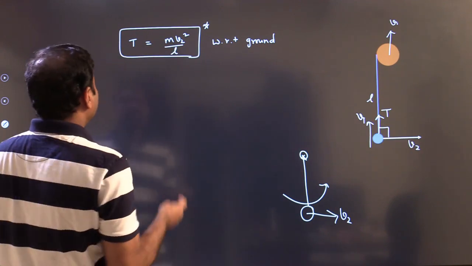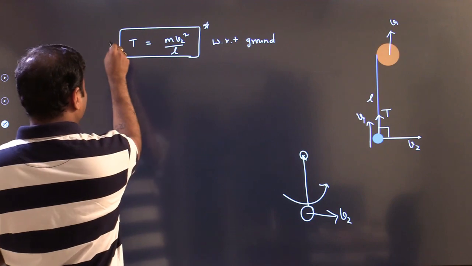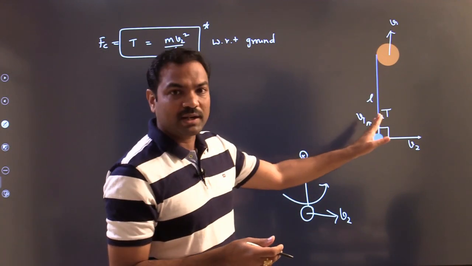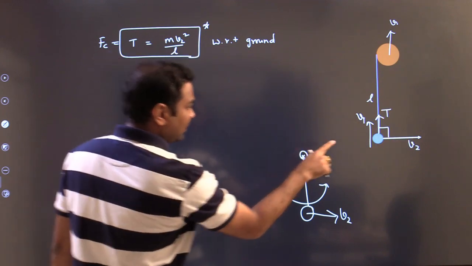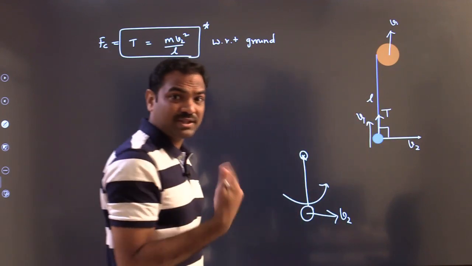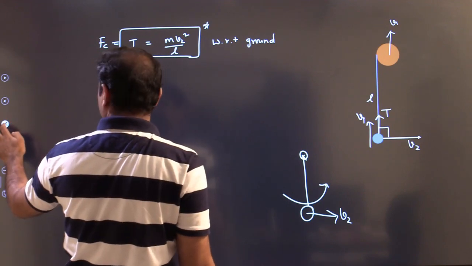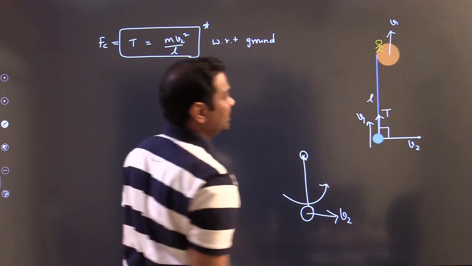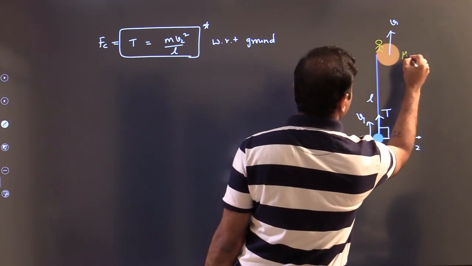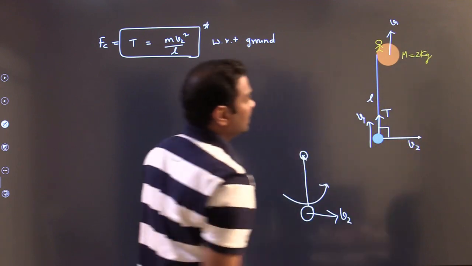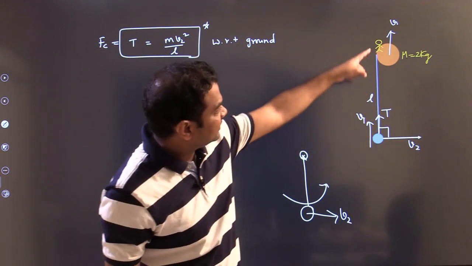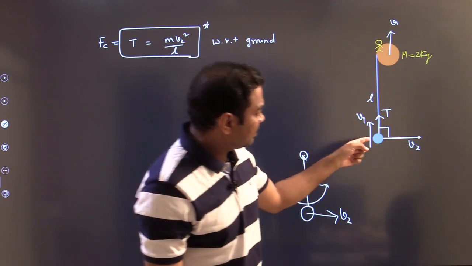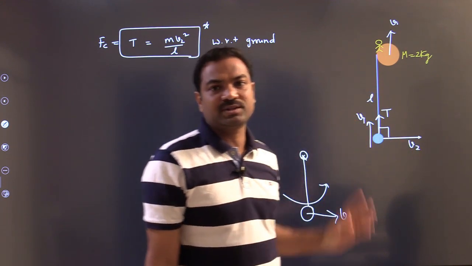Then we can write centripetal force is equal to mv square by r, but we have to be careful while writing here. So I want to make the velocity of the particle along the string 0. Then I have to stand on this particle, with respect to the mass 2 kg, which is capital M. With respect to mass capital M, if I look at this particle, then the relative velocity will be 0. Along the string there will be no relative velocity. Only we will have velocity perpendicular to the string.